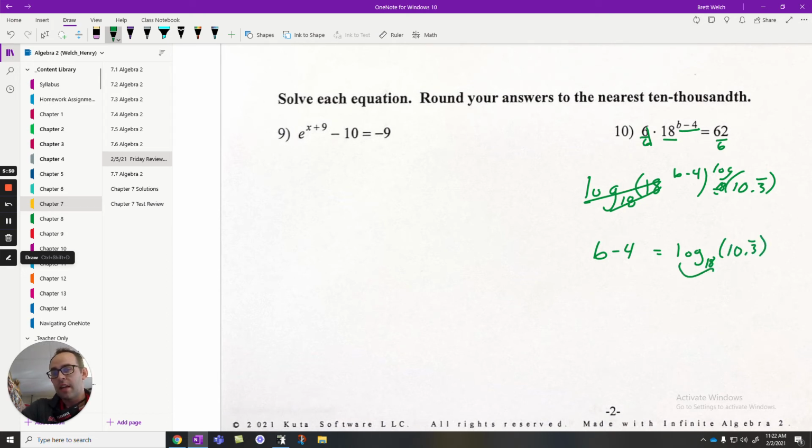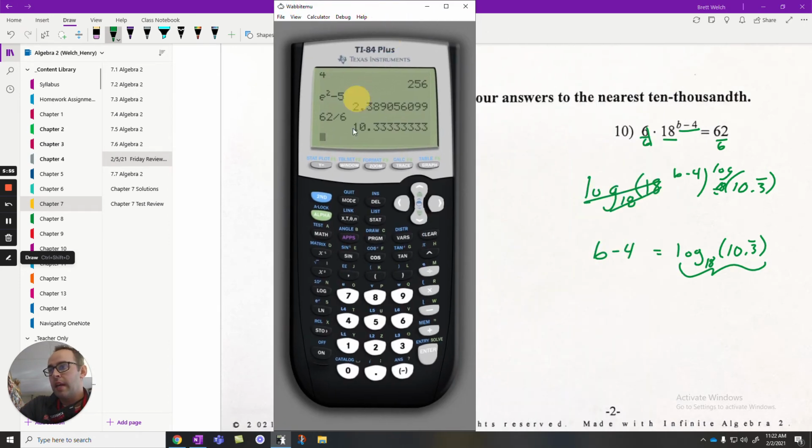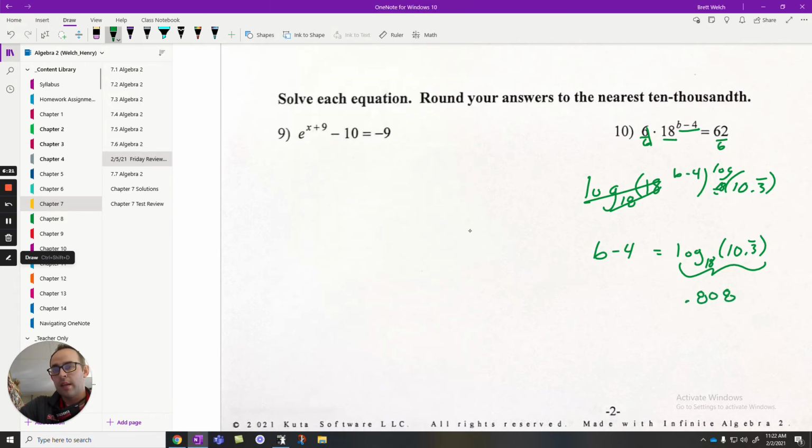Now this is something that's got to go in the calculator. So watch how I do this. I'm going to grab my calculator. And there's the change of base formula, which is the log of the top number divided by the log of the base. So I can take the log of this number I've got in my calculator, close my parentheses, divided by the log of my base, which was 18. Close that parentheses, enter. My answer so far is 0.807, 0.808, I guess, 0.808 equals b minus 4. And then I add 4, b equals